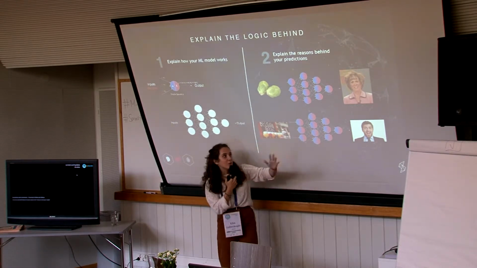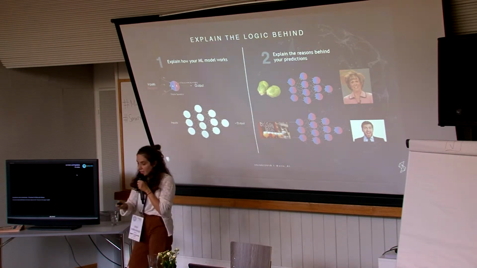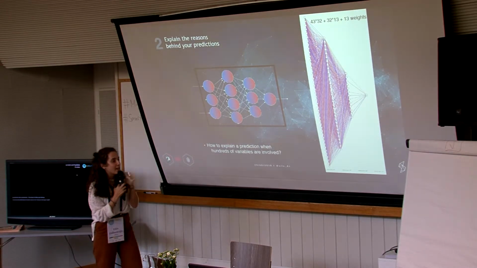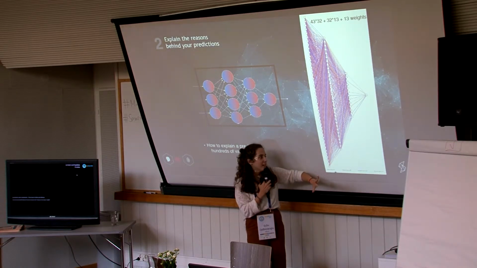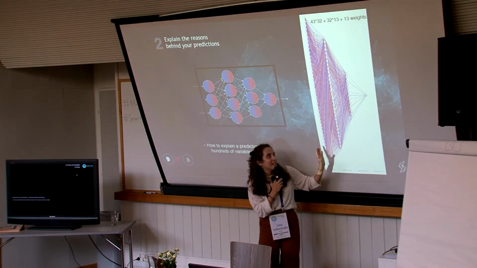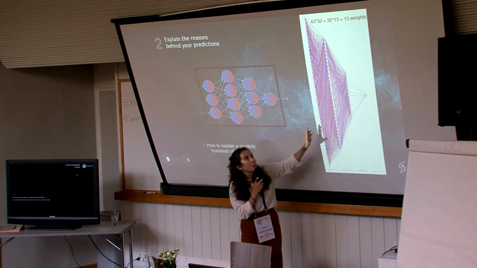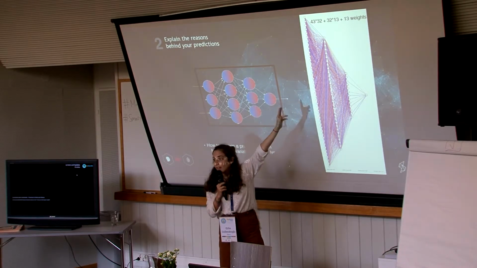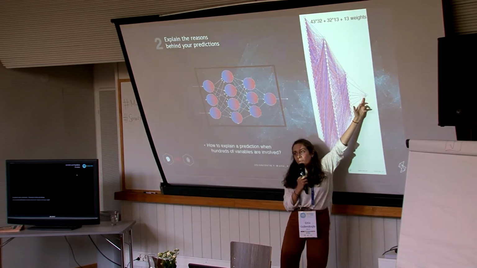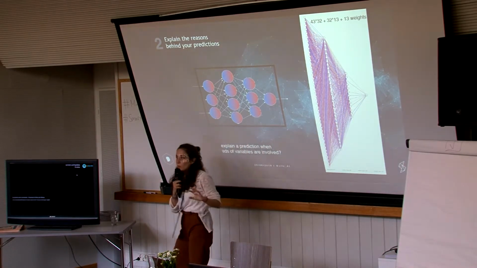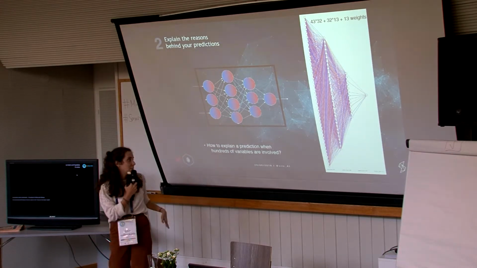Okay, this makes sense. But if I want to know why my model thinks like that, I need to tackle something like this. Actually, this is a very simple neural network, which only has 3 layers and doesn't have very fancy operations. But even with a very simple neural network, I need to calculate this many weights, and I need to understand how my model came up with this decision. This is quite complex for any human to understand what those weights mean.